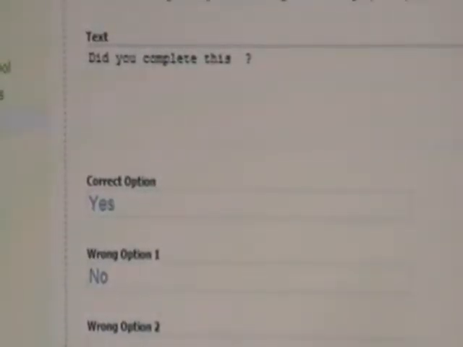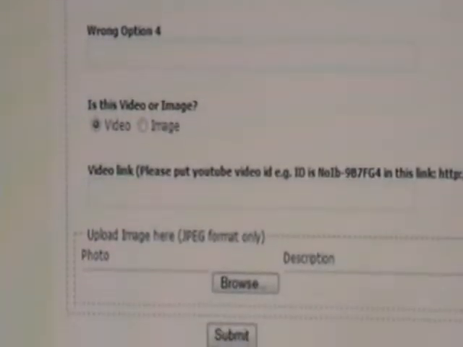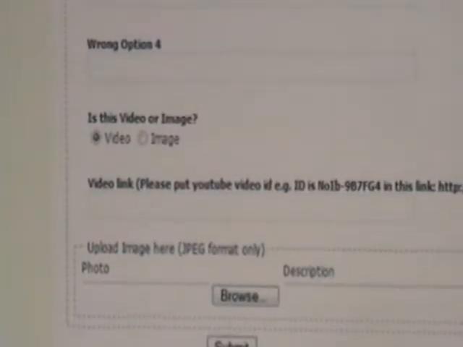If you have a YouTube video, you can select whether it is video or image as video, and put the YouTube link here in this format, whatever is shown on the right hand side. Or if it is an image, then select the image, browse the image, and enter it here.